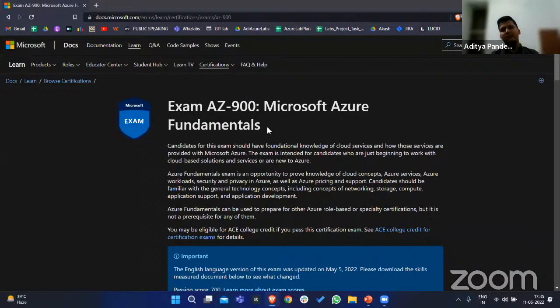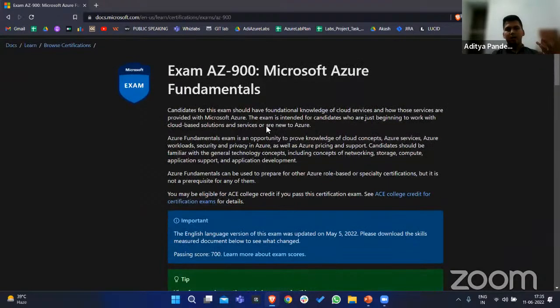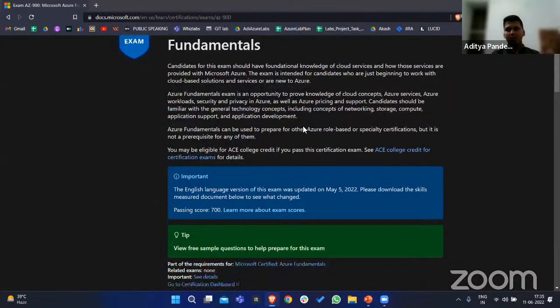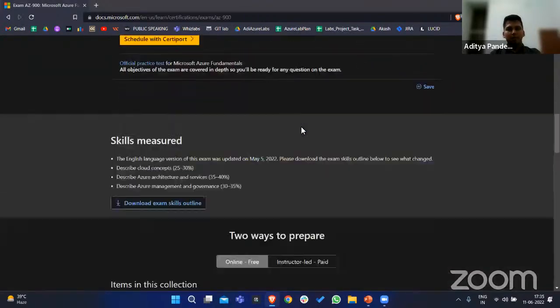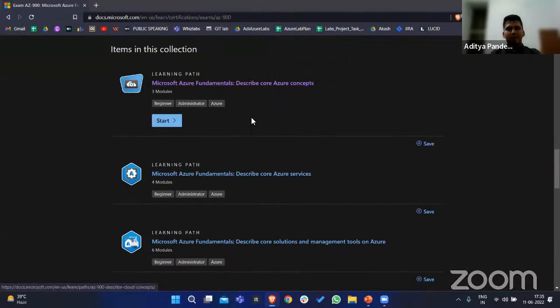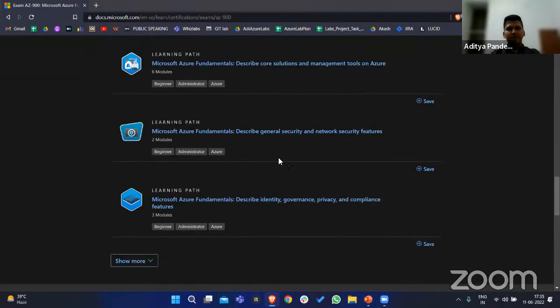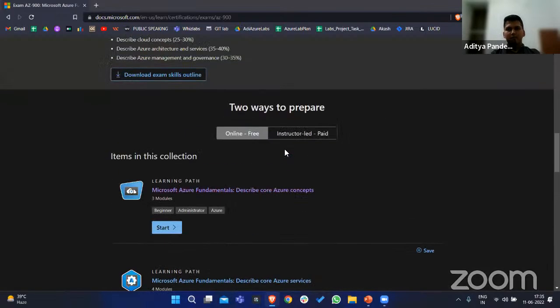See, this is the web page of this AZ-900 examination, which Microsoft provides. From here, you can have the basic understanding of this examination. So this is the web page of the Azure Fundamentals examination, and from here you can have a basic understanding of cloud computing and the Microsoft Azure Fundamentals examination. They cover all the topics, and you can go through the topics and have a basic knowledge. When you scroll down, you can see that there are 5 modules from where you can prepare for the examination.